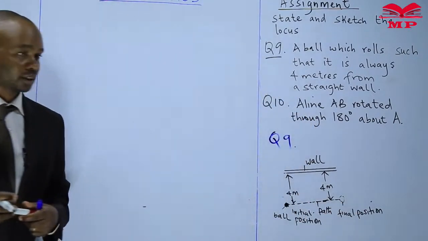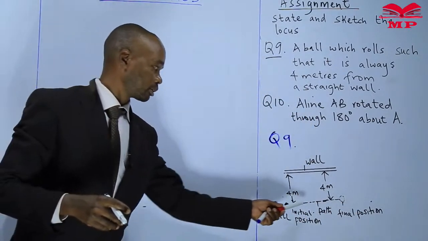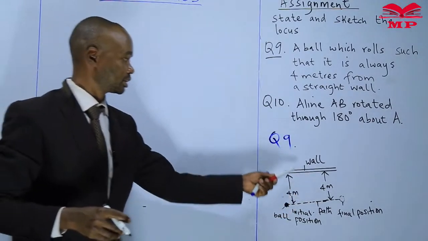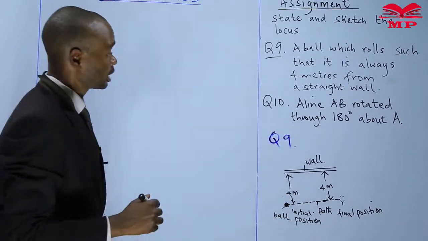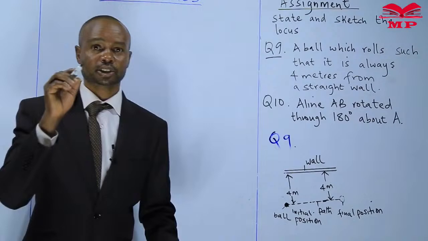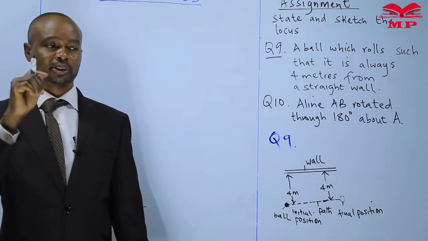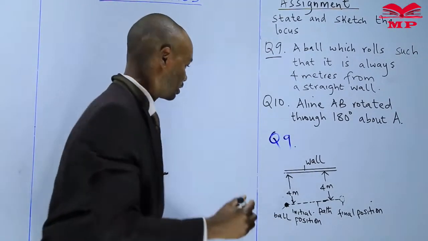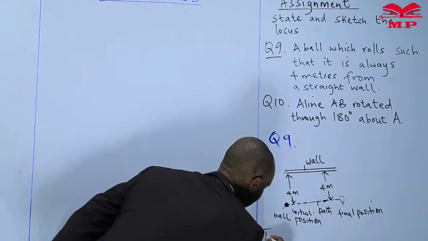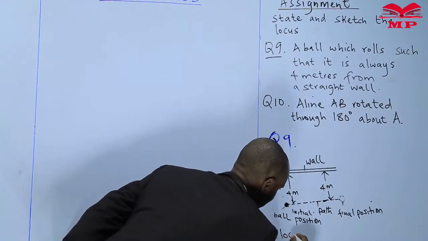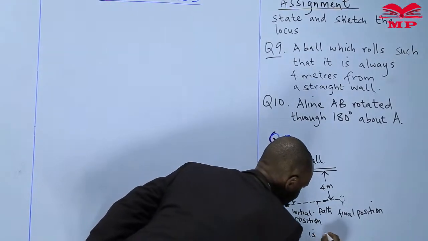The path will also be a straight line because the distance is equal. If the distance is equal, you'll just get a line. The locus will be a line